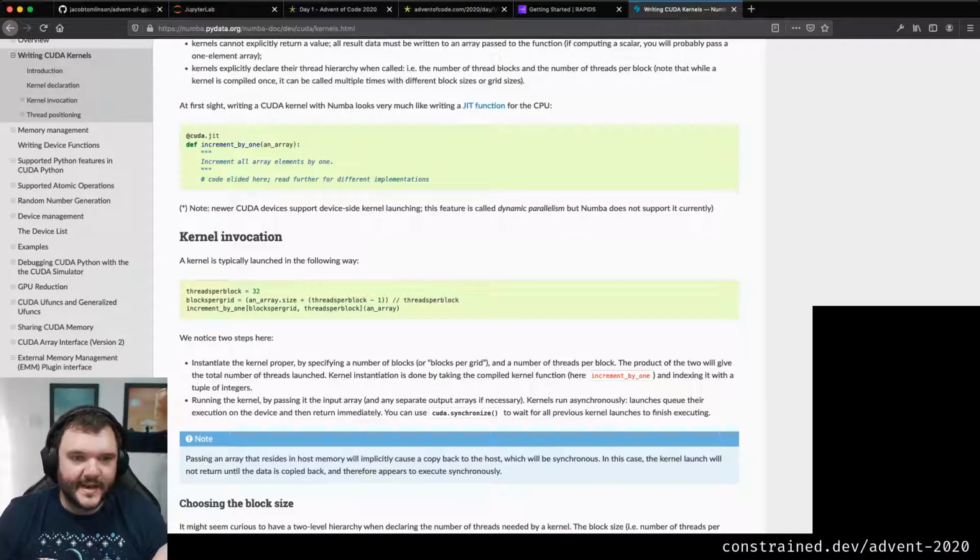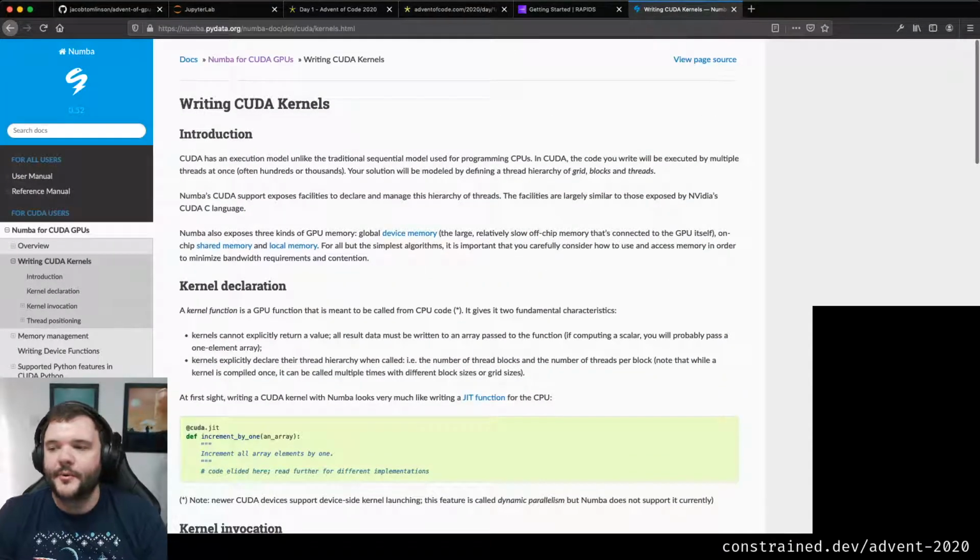But the execution model is what we need to rethink when doing this on the GPU. On a CPU you call a function and it runs once.